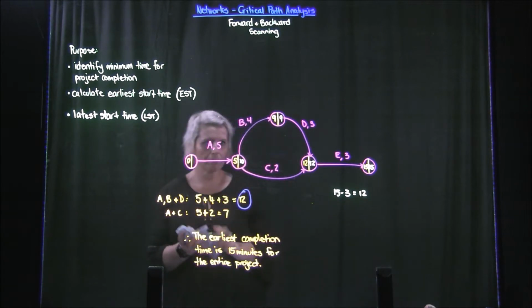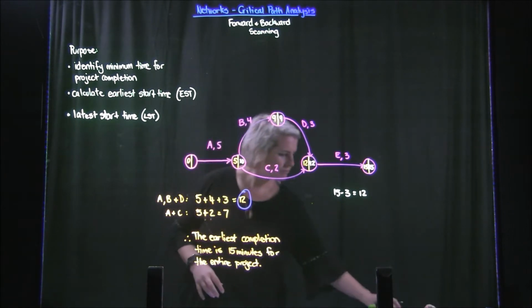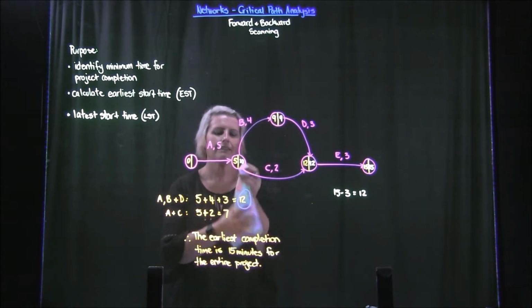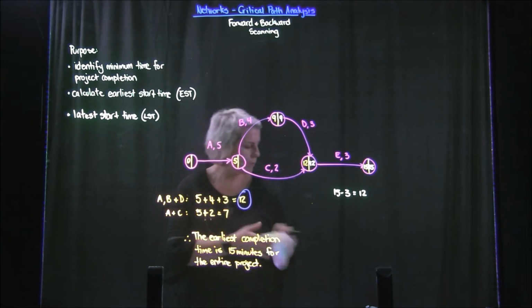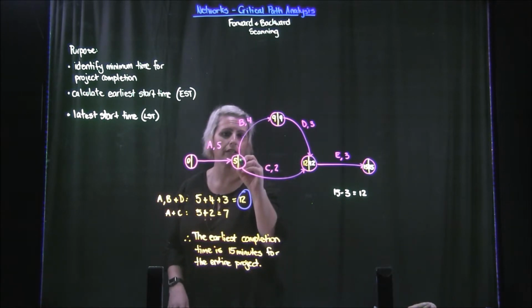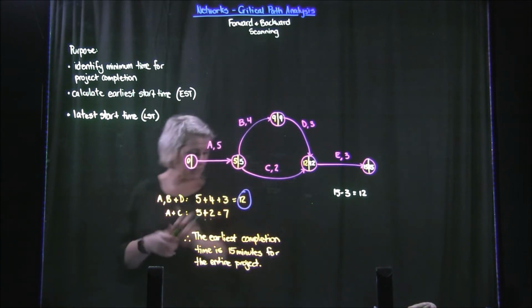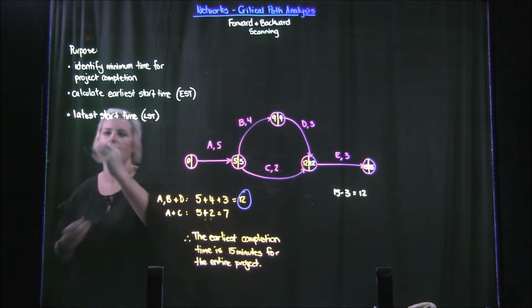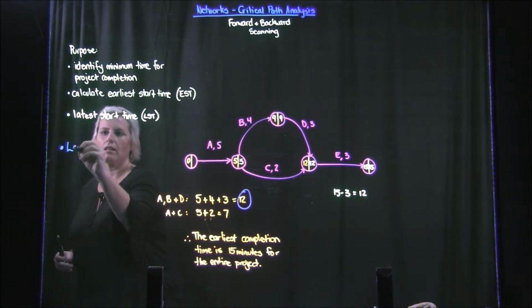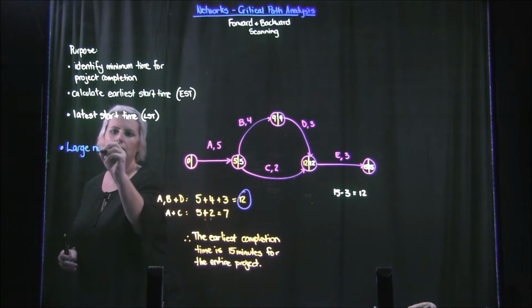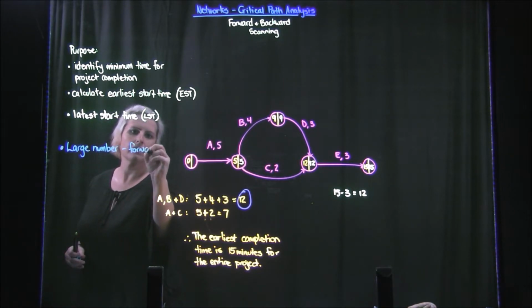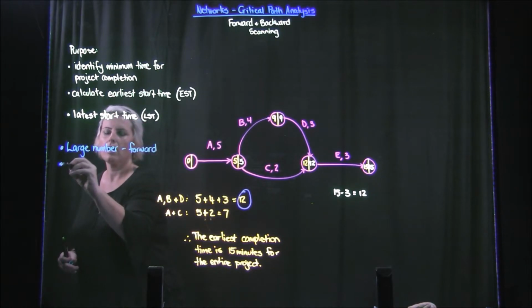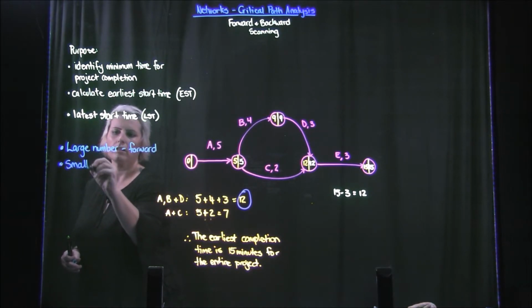Large number in forward scanning, smallest number in backward scanning. Because this is a fairly simple one, we're not actually finding a lot different here. And that's a good hint, so I'll put that over here. So, large number, forward scanning, small number